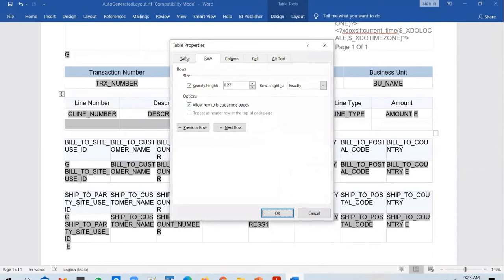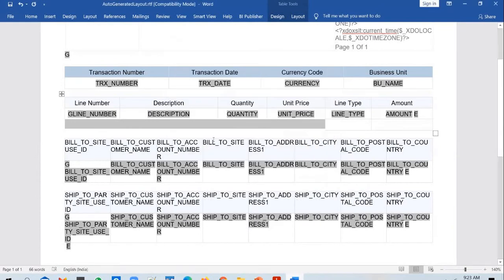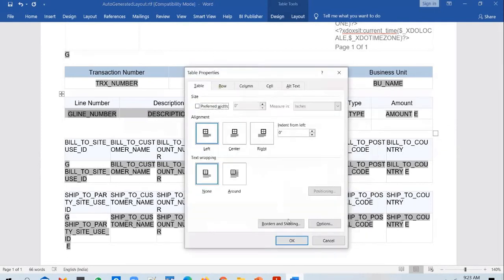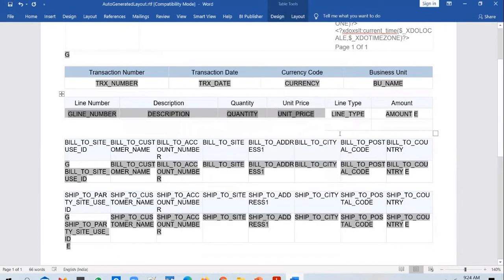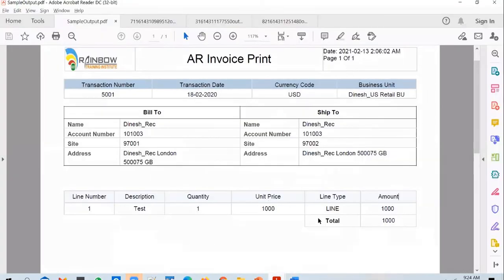I want to hide the borders. None. And I will enable only the bottom border for this row. Okay. All I'm trying to do is get this total section to look like this.